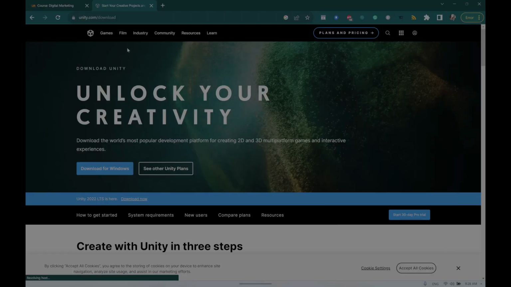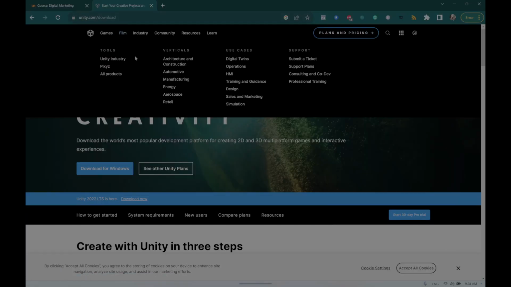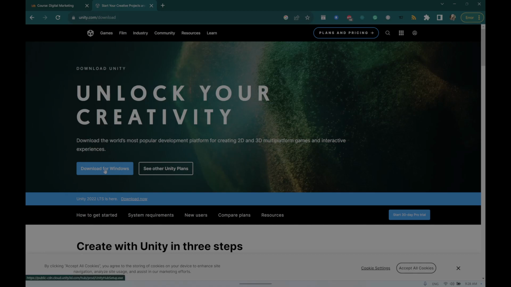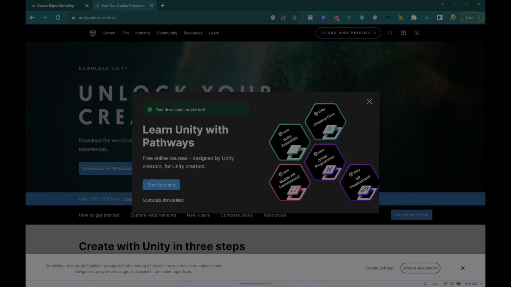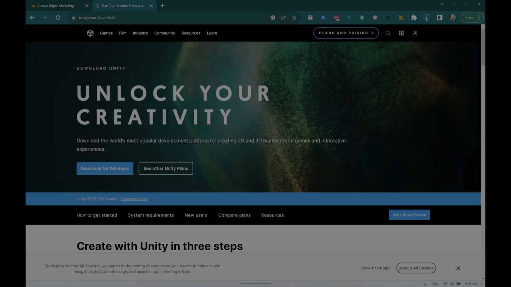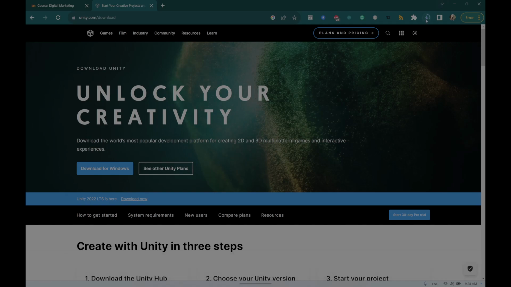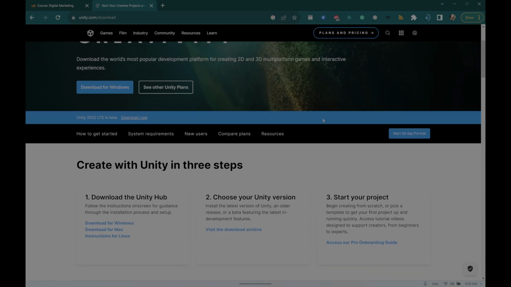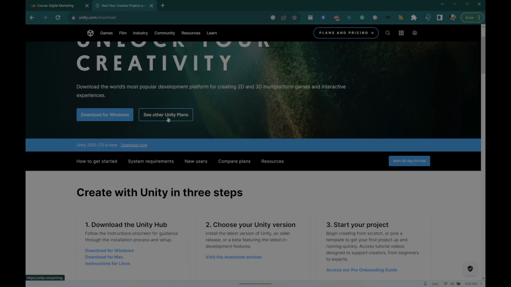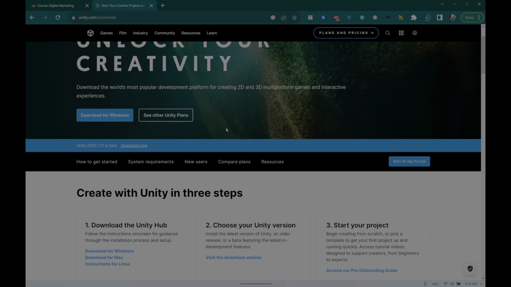So let's install Unity. Unity.com, download, and here, download for Windows, since I have Windows. Learn Unity with Pathways, thank you. And now the application is being downloaded on my computer. So I am waiting for the file to download, and I think if you have any other operating system, then